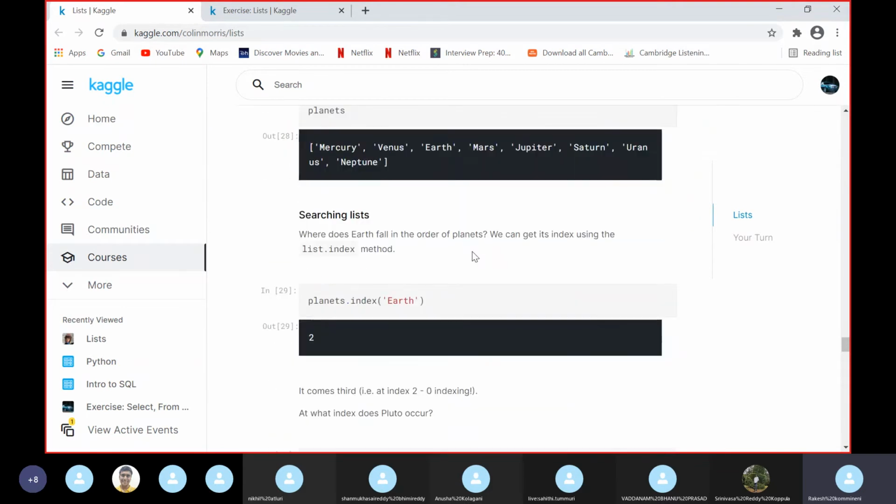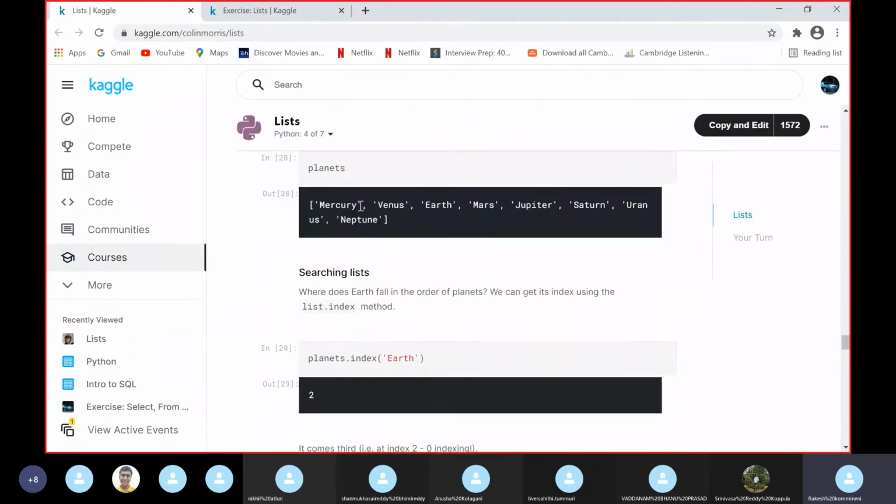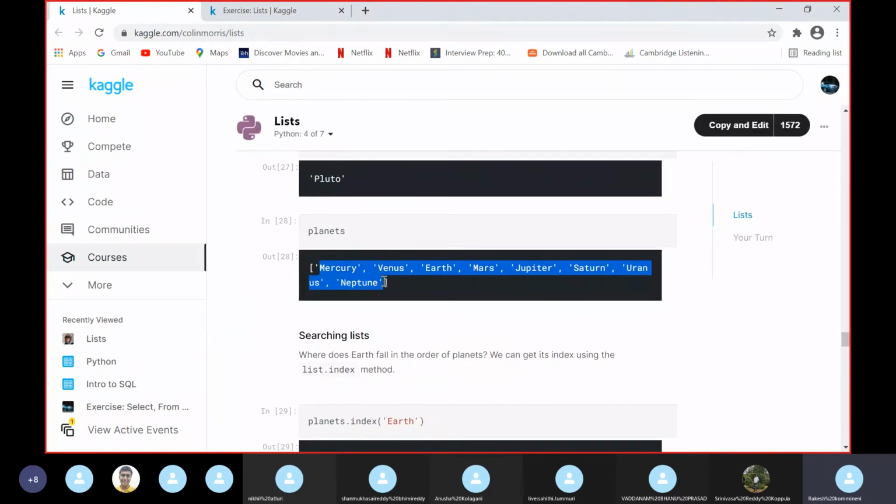And coming to the next one, index. Dot index is a method to know the index value of an element. So here we can see this is the list of planets.